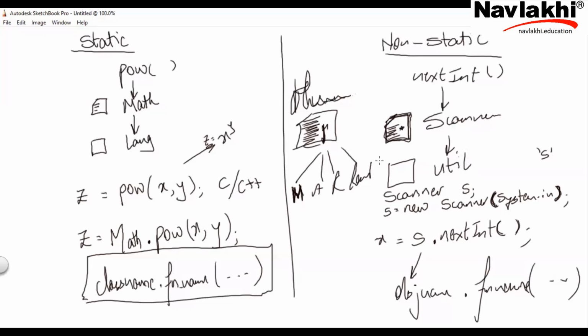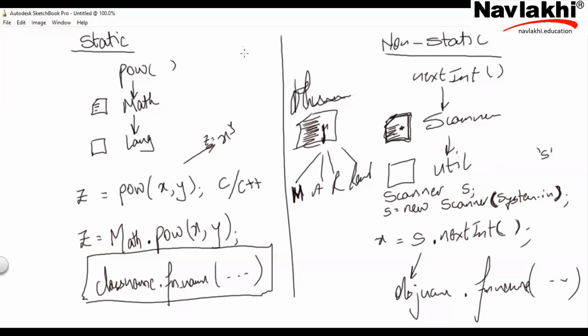I call it God. So within each class, there is a constructor function. There's a God function. Who is God? The creator. So you request God to give you a new child, and you do namkaran of that child as whatever you feel like. So new is to create. Scanner is requesting God to create a new child of the type scanner, and for one new child of the type scanner, you made a request to a function within the scanner class, whose function name is also scanner.